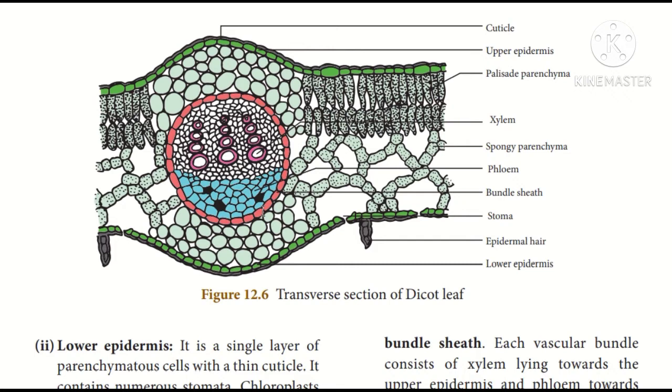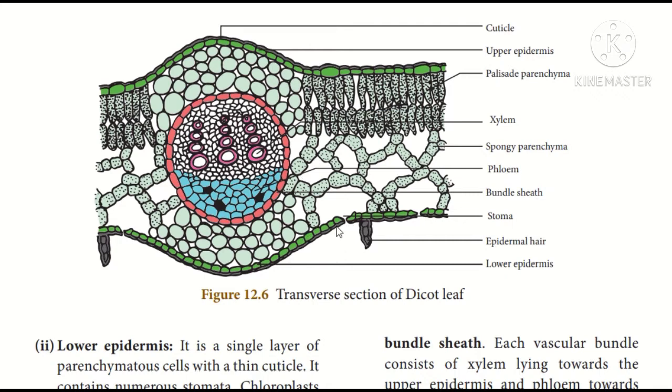And we'll just enter into this question very deeply. Usually, as I said earlier, it's a dorsiventral leaf. It consists of two important epidermis. One is the upper epidermis and the second is the lower epidermis. The upper epidermis is the outermost layer made up of a single layer of parenchymatous cells without any intercellular space. And the outermost wall of the cells are cutinized because it is made up of a waxy substance called cutin. And the stomata are the minute openings which are involved in the gaseous exchange. So stomata are lesser in number in the upper epidermis when compared to the lower epidermis.